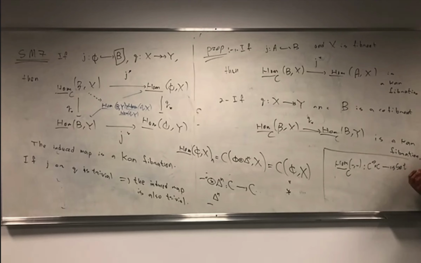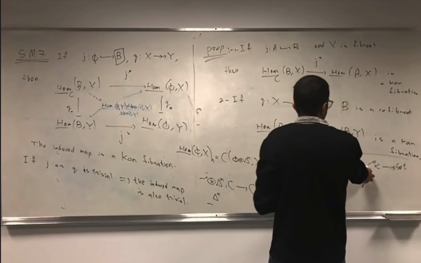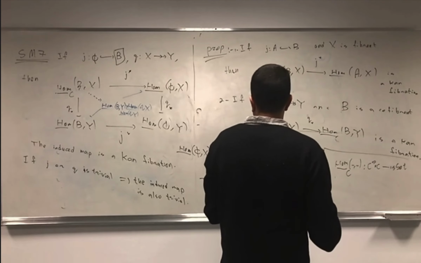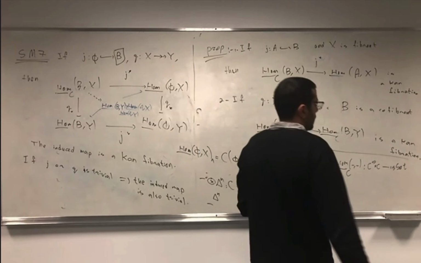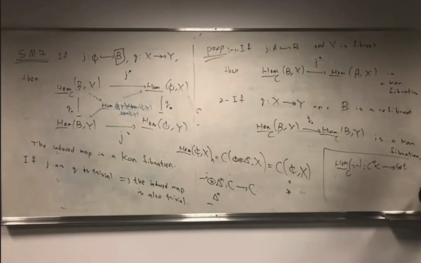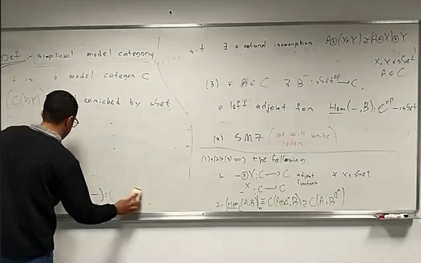This preserves, in some sense, the model category structure. It sends fibration to cofibration in the opposite direction. So here, fibration to fibration. So in some sense, it says that this preserves the model structure. The other property we get from this